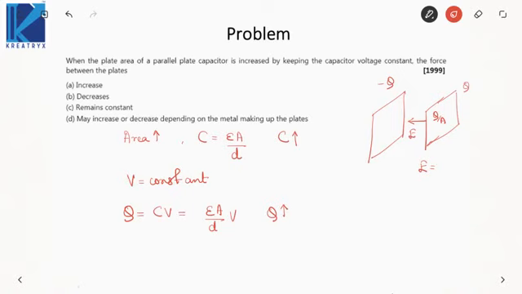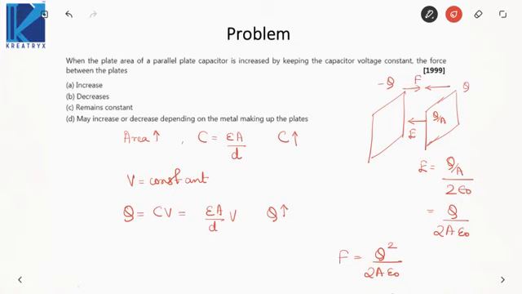So you have to take the electric field of the one plate multiplied by the charge of the other plate. What is the electric field of one plate? Q by A, that is the charge density, divided by 2 epsilon naught. So Q by 2A epsilon naught. What is the force? Force will be electric field into charge, this one. Now since one is positive, one is negative, the force will be attractive in nature.